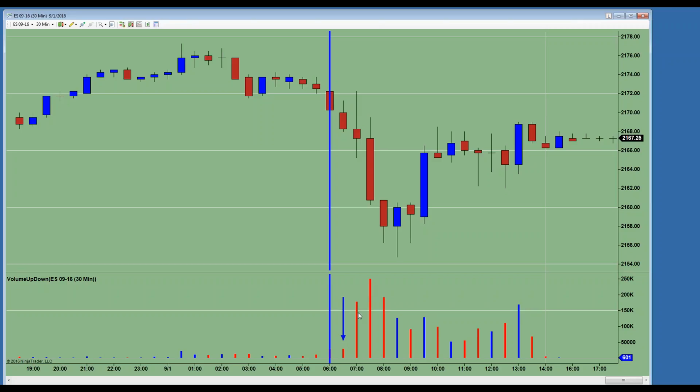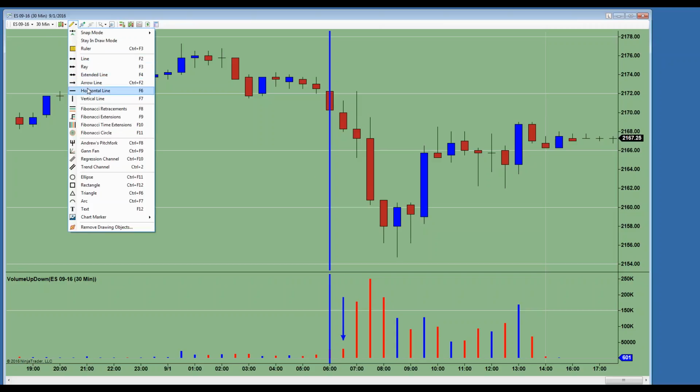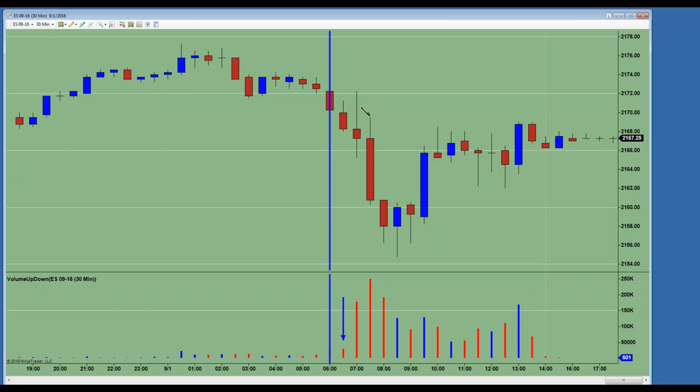This one's almost 200,000 contracts, this one's at 250, and this one's at 200. So you have 650,000 contracts changing hands in about an hour and a half, and it's pretty clear on this chart what direction the computer programs were running. Sell programs, big time,